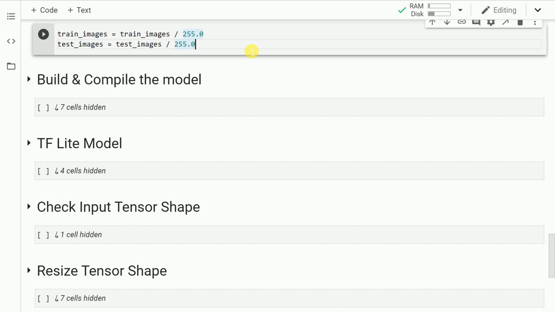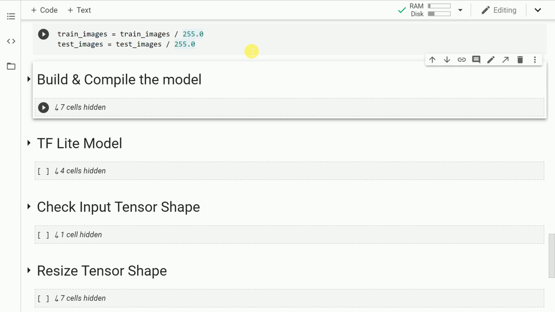Now, if we have to build a network that has to converge quickly, we'll have to bring all the image intensity values to one scale. So a good scale would be to have values between 0 to 1. That is what I've done in this piece of code. I've brought down the intensity value of every pixel from 0 to 255 to 0 to 1. So let me run this cell. Our dataset is up and running.